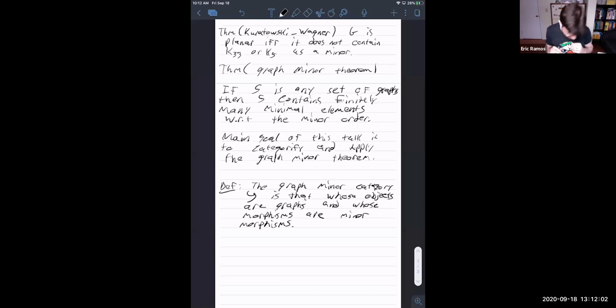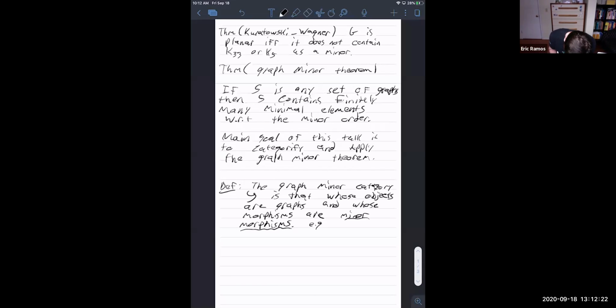The definition here is a little bit technical and combinatorially fraught. I'm going to opt to not give the precise definition of a minor morphism. Suffice to say, however, that